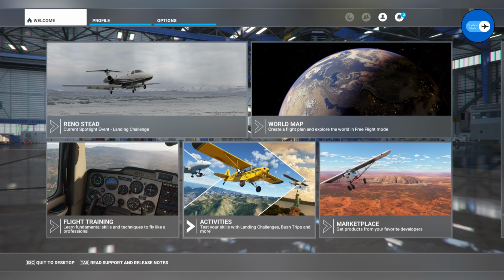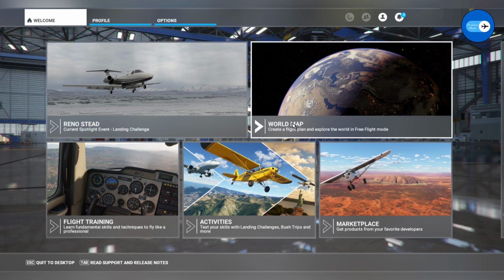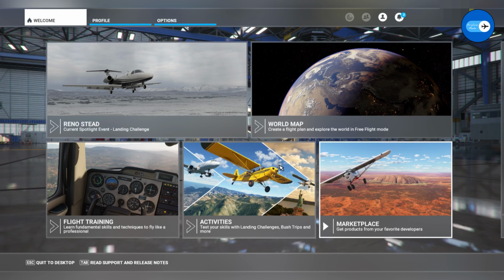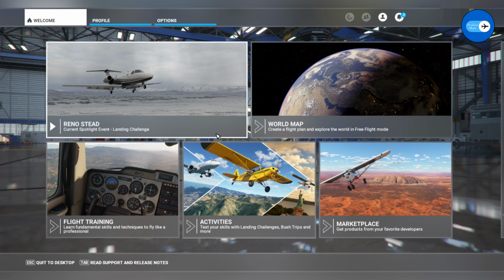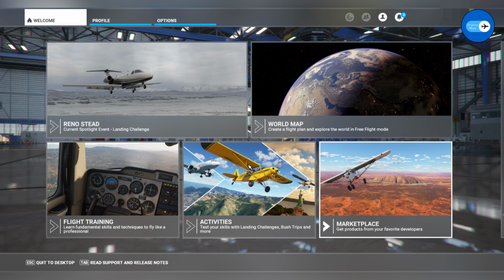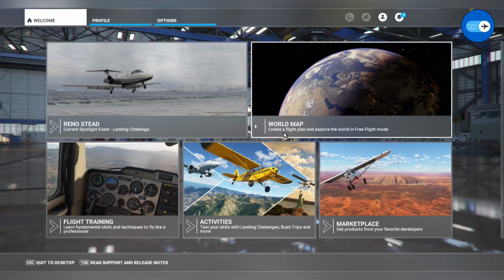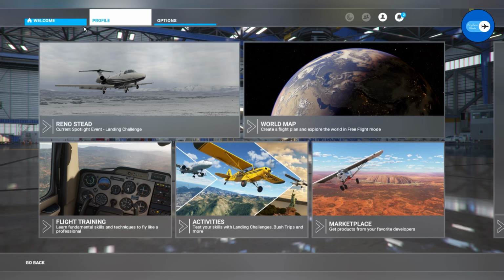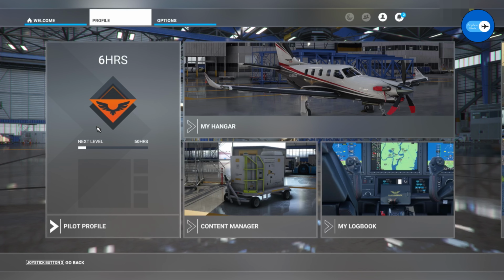Okay guys, so I'm back, and this is what you get. This is what it shows when you open up the flight simulator. So here you can see your account, your profile, which you can also access from here if you click it, and you can also see your flight hours,